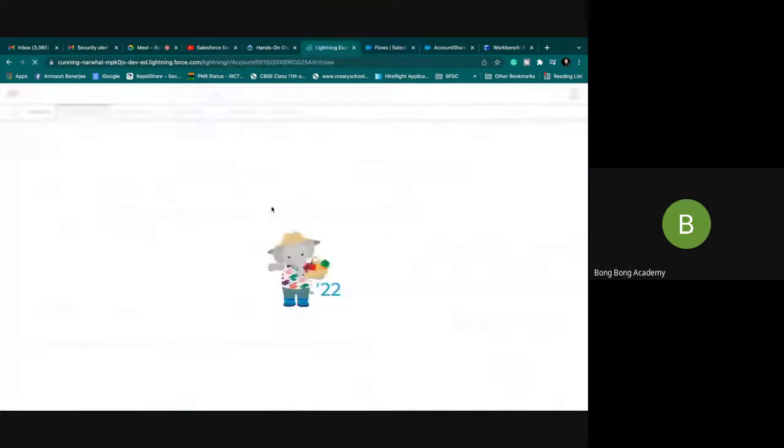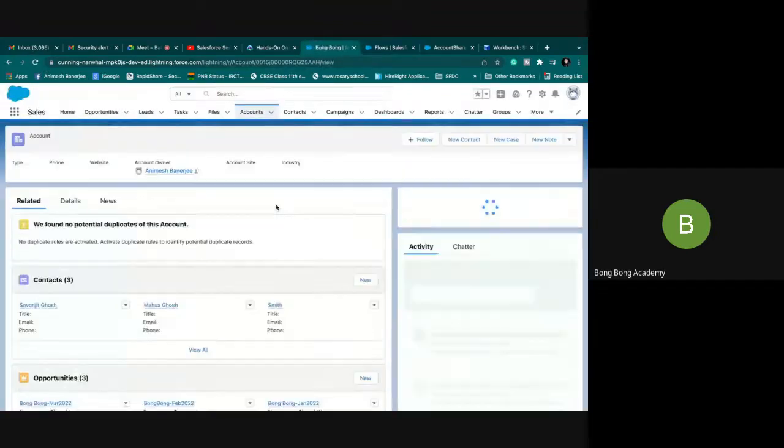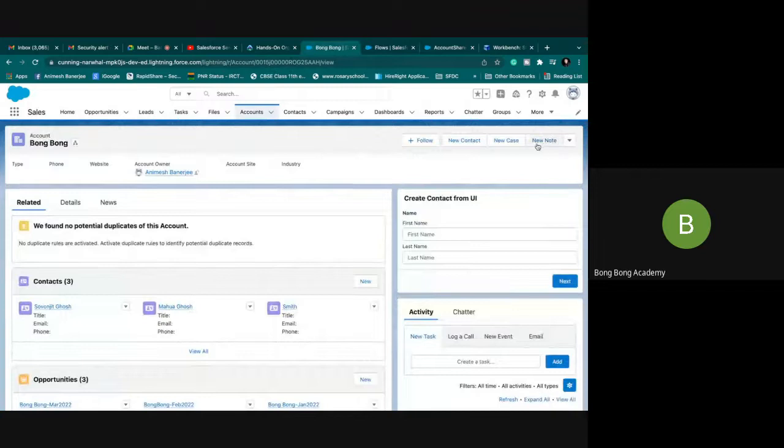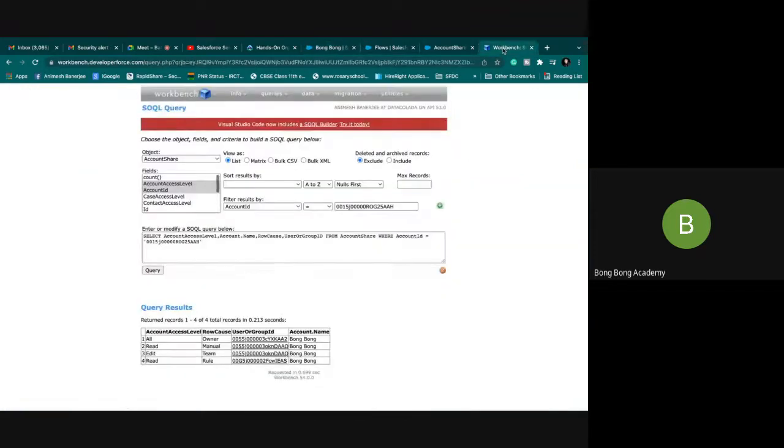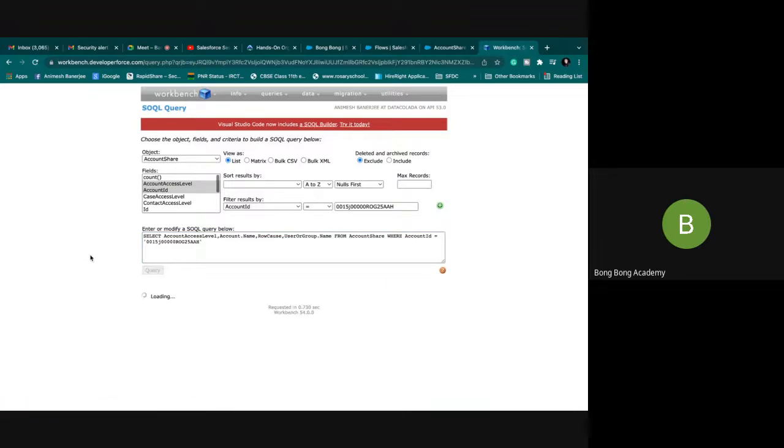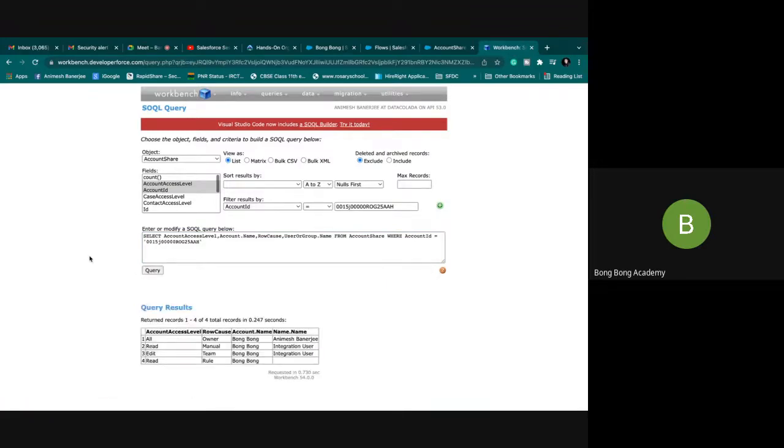Let's see if the field is available here. Before sharing, let's see what is showing up here. Another manual, two manual would come.